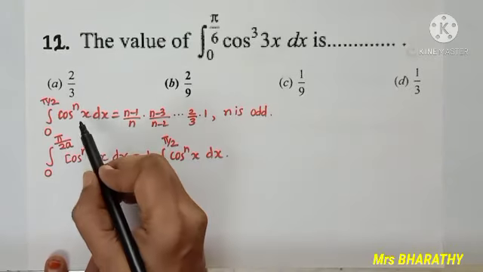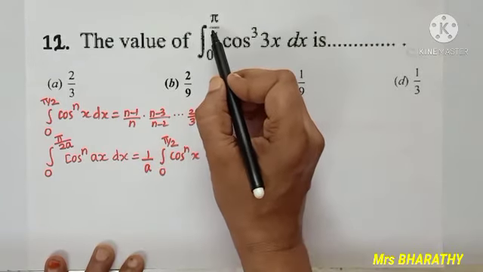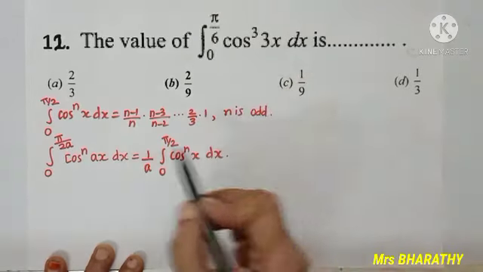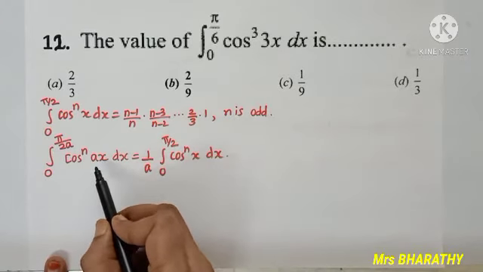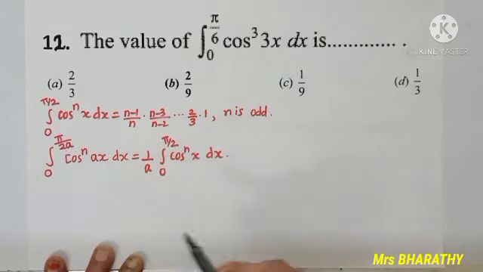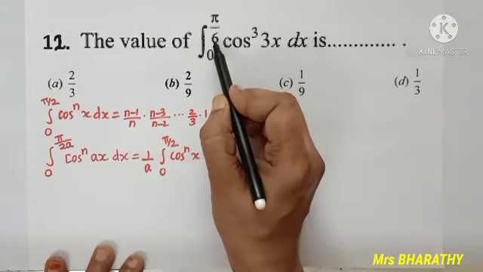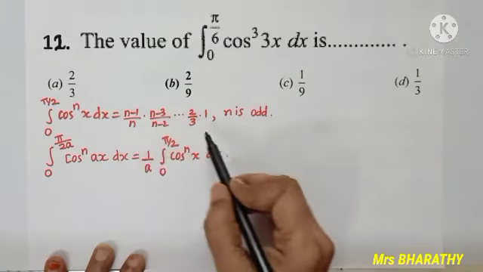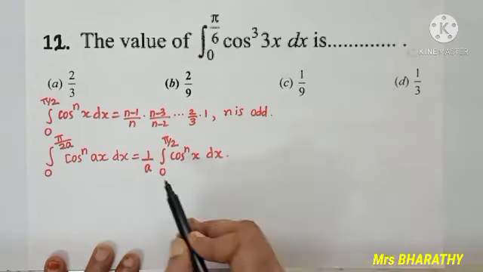In this question, instead of x, I have 3x. If so, check the limit. It should be pi by 2 of this number. So, pi by 2a is coming. Cos power n ax is coming. Here a comes. The same a will be with pi by 2 in the denominator. Check, is it right? 3x, pi by 2 into 3. Denominator gives me 6. If so, the formula I can apply and I just introduce 1 by a.